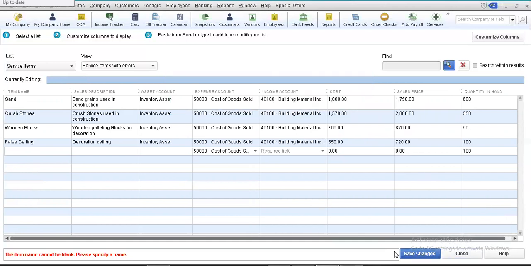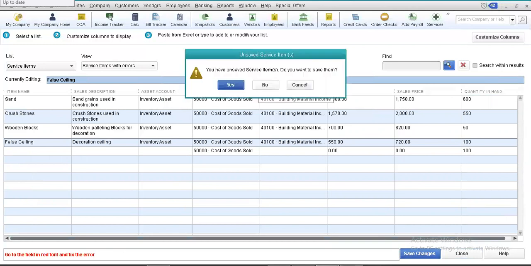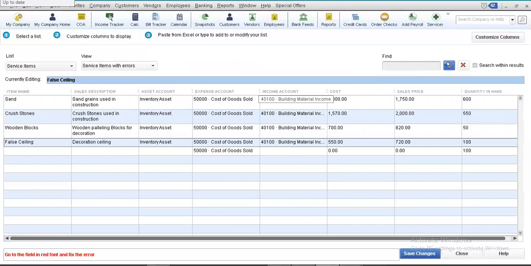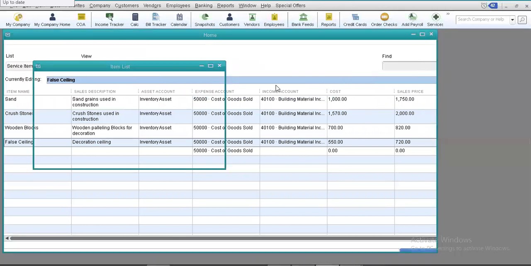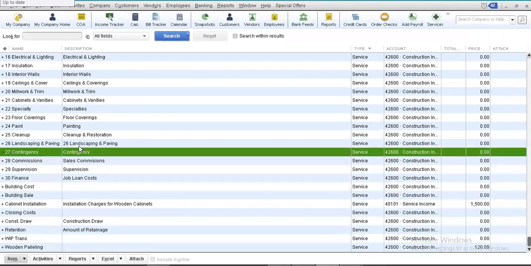This information has now been saved, and all this inventory has been recorded and registered from Microsoft Excel within our QuickBooks records. All right. So my dear friends, coming back to our main page, now all these items can be seen available in our list.